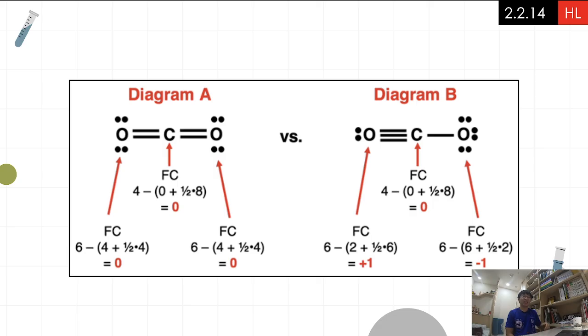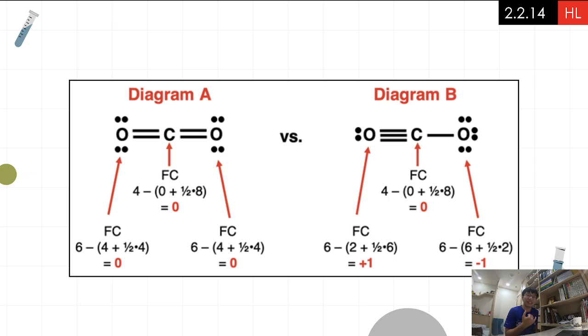And I think this is a really good example. For CO2, carbon dioxide, there's two potential structures that might work: one with 2 double bonds, or one with 1 triple bond and 1 single bond. And let's calculate. In diagram A, the one on the very left, the oxygen, how many valence electrons